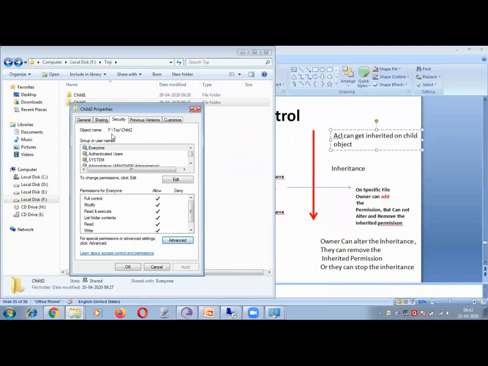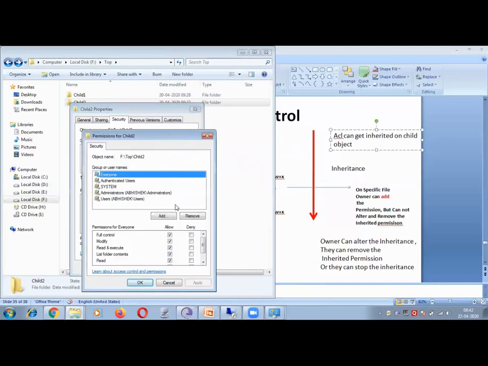Good. Now all your permission has been highlighted. So you can go back to edit, and let's say for example you want to alter the permission for everyone. Here, below, the checkbox is now enabled. So you can remove the full control and just give read, write, whatever you want, right? So it means that the permission from top to bottom is inherited, but you, as an owner of the child object, already have the authority to block the inheritance, and you have two ways. One is to remove the inheritance, and the second one is to stop the inheritance and retain the objects.